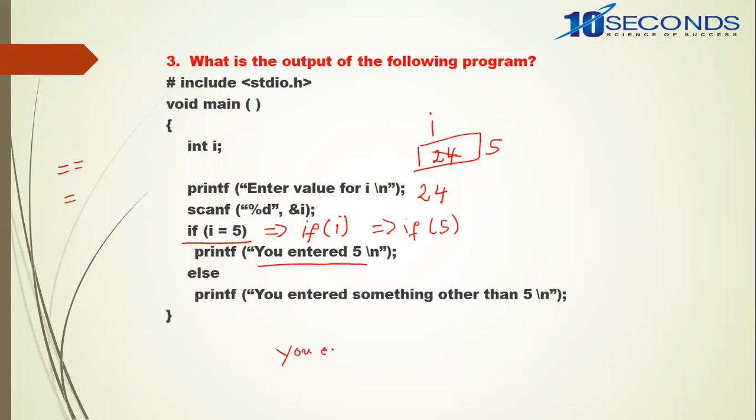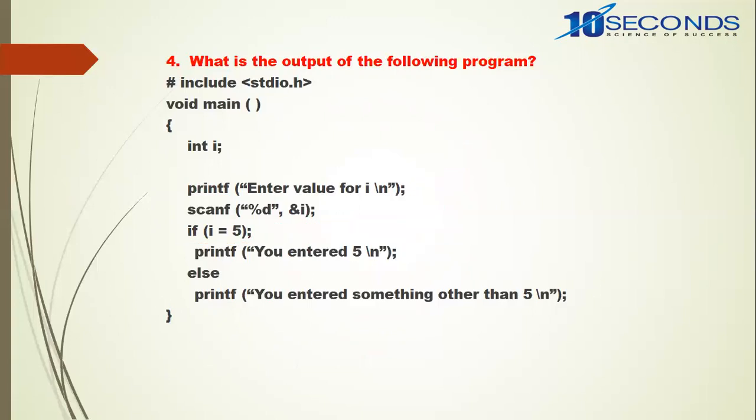You entered 5. So whatever value you enter, you get the message, you entered 5. Here, the compiler will not throw any error message or any warning message, because what the compiler requires here is one operator. It doesn't have a brain to judge whether equal to or double equal to should come. So these types of errors are called logical errors. They are very dangerous errors actually, because nobody will be there to warn you.